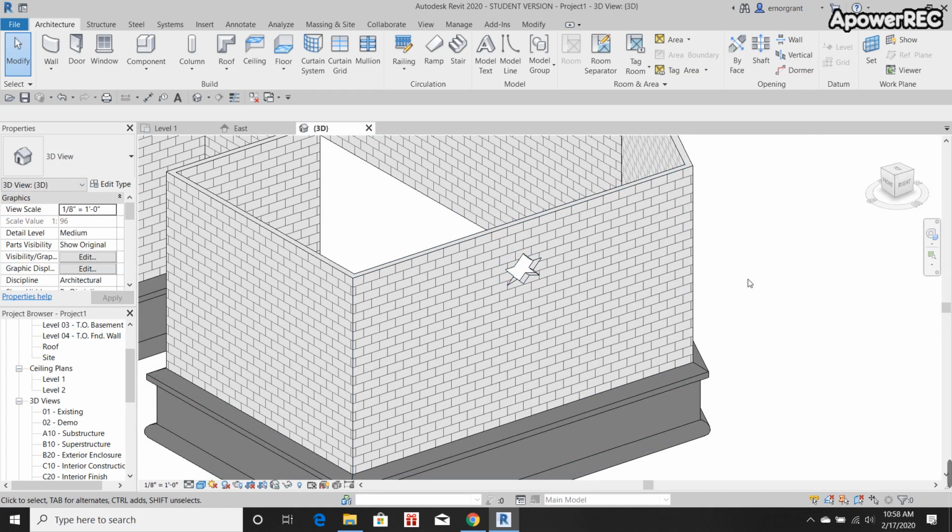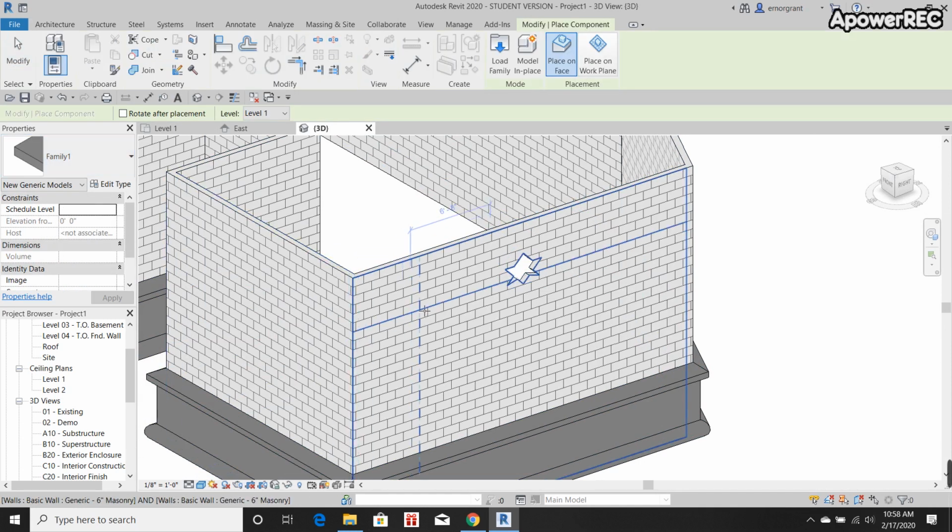And you can do any shape you want, create as many families as you want, and then you can just place them all around. Because now if I go into component and click place component, I've got family 1 that I can just place all